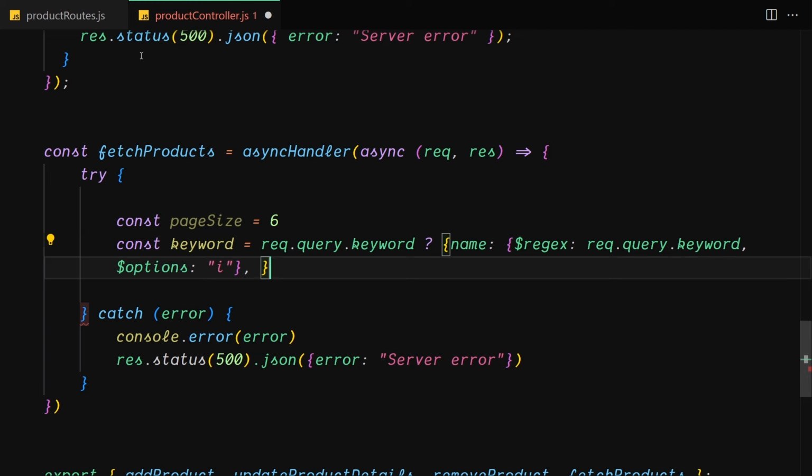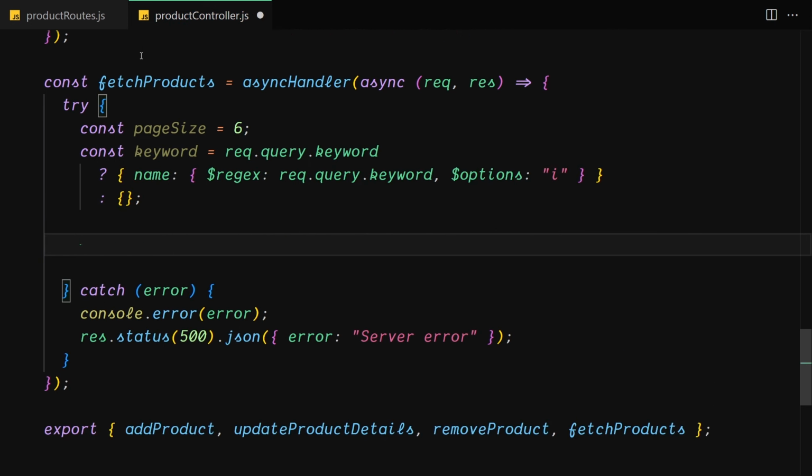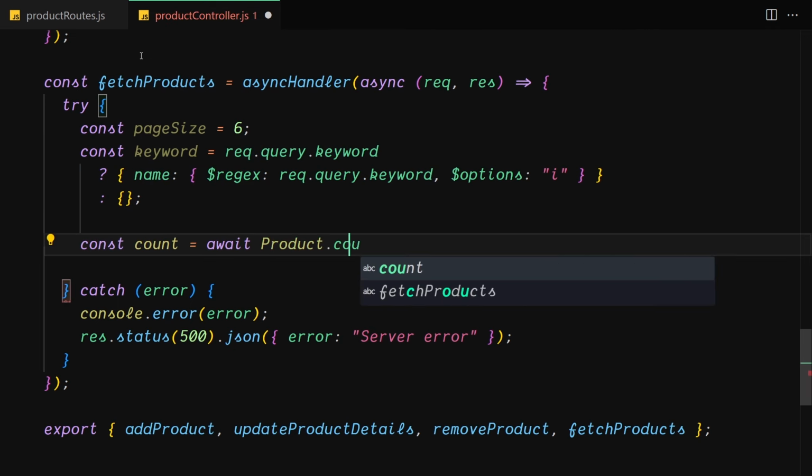Okay, so if that's not the case, what do you want to do? We just want to provide an empty object right here, or let me just cut that from here and place it right here. And this is what we want. And if that's the case, the next thing we want to do is get a count. So I'm going to use count, and it will now equal await Product.countDocuments,